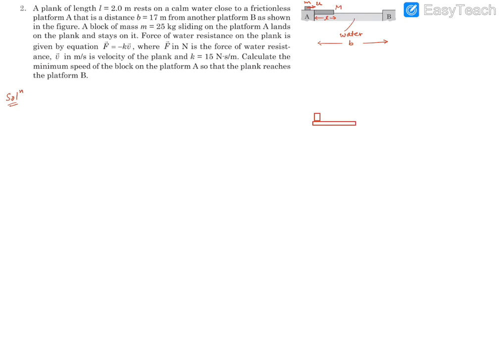Now we can think of this entire system moving together with the velocity v0. v0 is the initial velocity of this arrangement. Then as soon as this small m lands over here, it forces this plank to move in the forward direction. As it moves forward, the velocity comes in, right? Because of this velocity, there is going to be a resistance force appearing in this direction. This is going to be the resistance force, and this will be equal to k v0 at that instant.